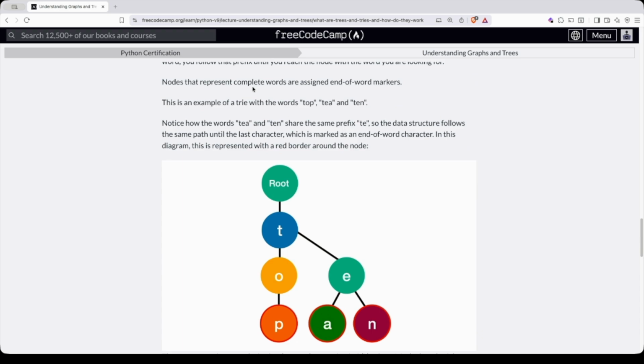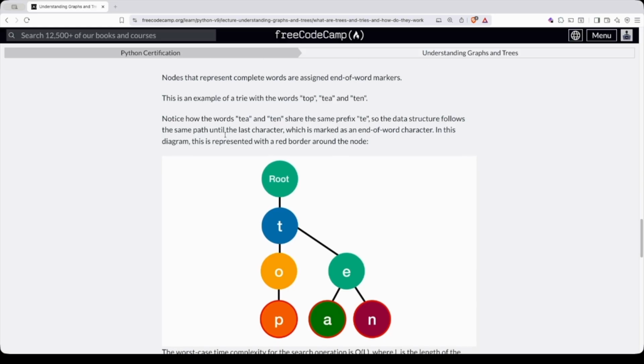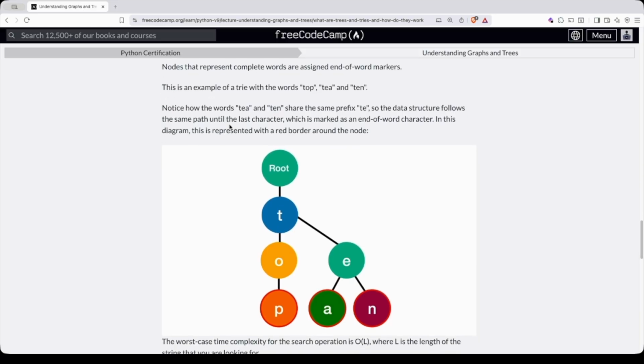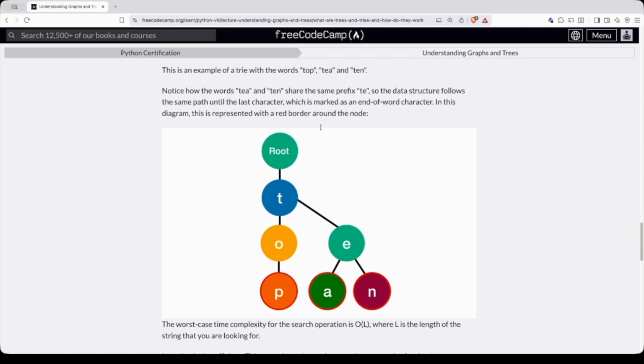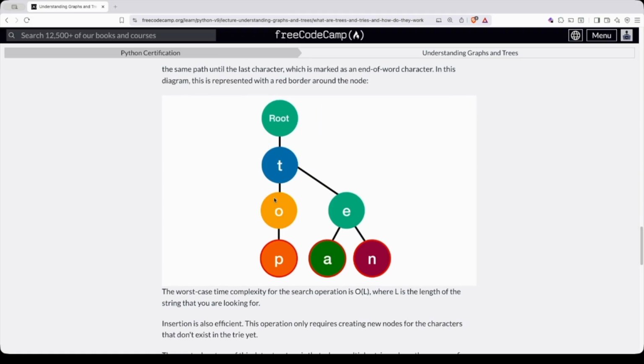The nodes that represent complete words are assigned end-of-word markers. In this example of a trie with the words top, tea, and ten, notice how the words tea and ten share the same prefix, te, so the data structure follows the same path until the last character, which is marked as the end-of-word character in this diagram. This is represented with a red border around the node. So we have top,